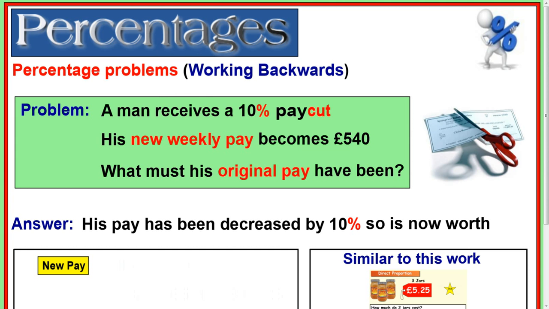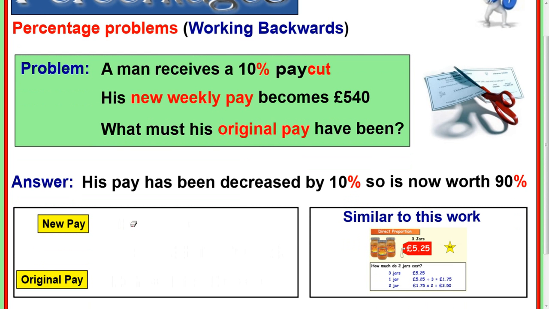So again, working backwards. Now because he got a pay cut of 10%, his starting value is not 100 and something, it's 10% less than 100, so it's actually 90%. So if you start this kind of question off with 90% is equal to £540. Now the same rules apply as before. We're trying to get down to 1% and then we're trying to get up to 100%